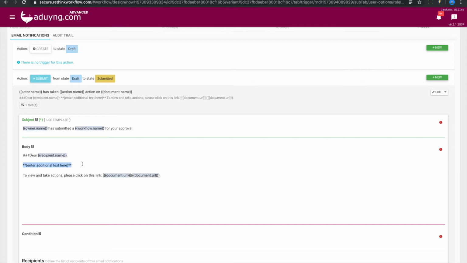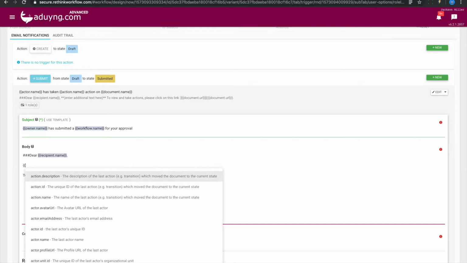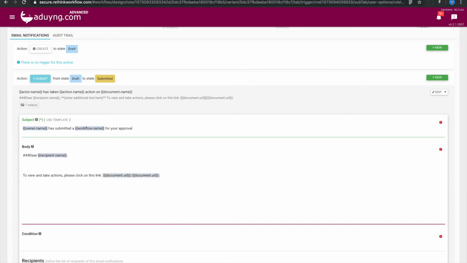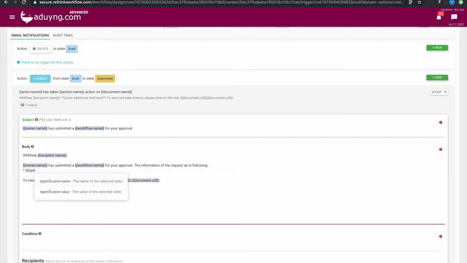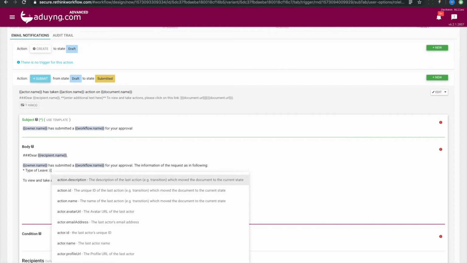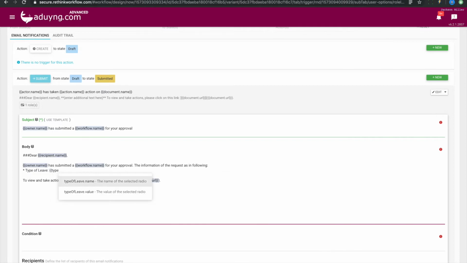In order for us to enter the placeholder, we're going to just type something like curly brace, and then we see the list of placeholders. So in this case, I'm going to customize the message, say owner name has submitted for your approval. The information of the request is in the following. I'm going to put type of leave, and I'm going to put type of leave name,